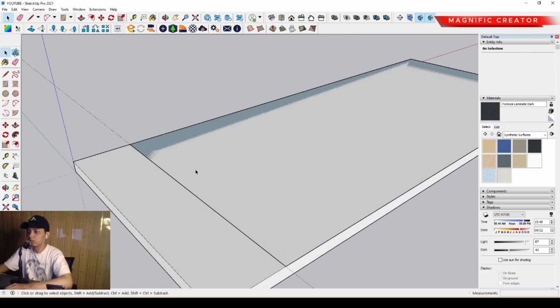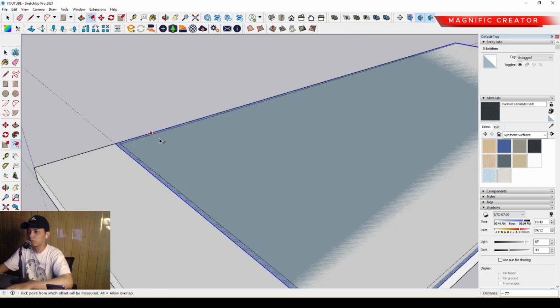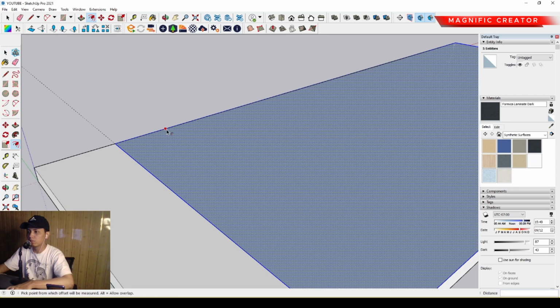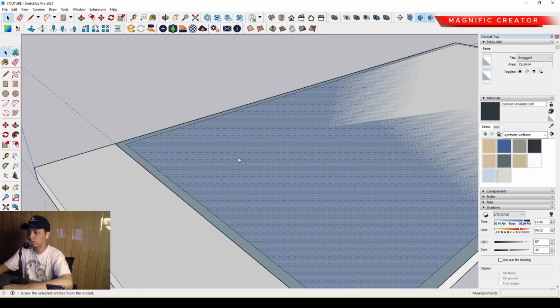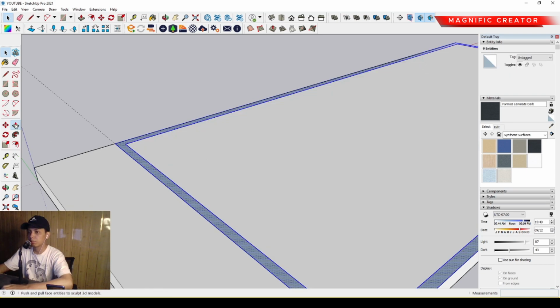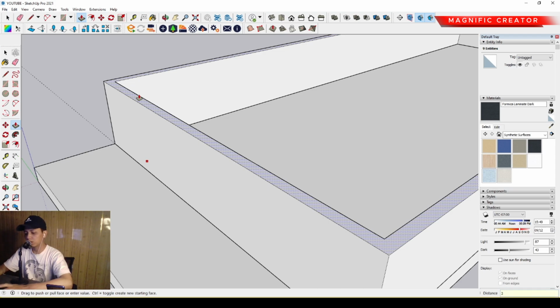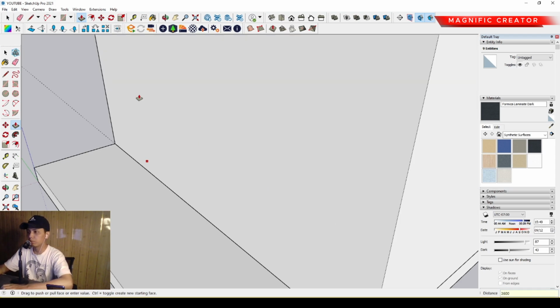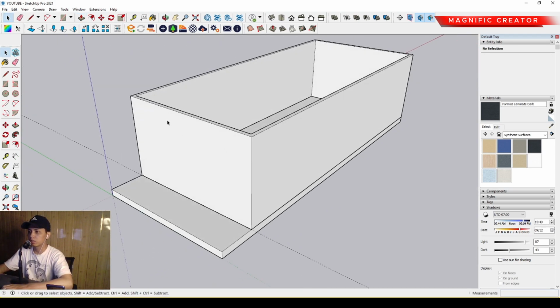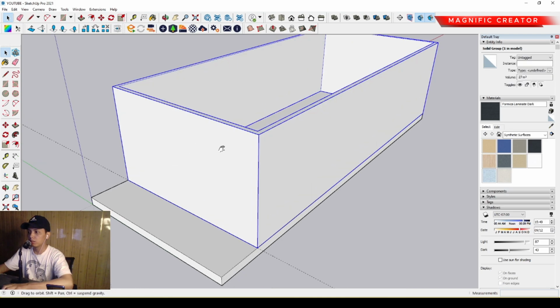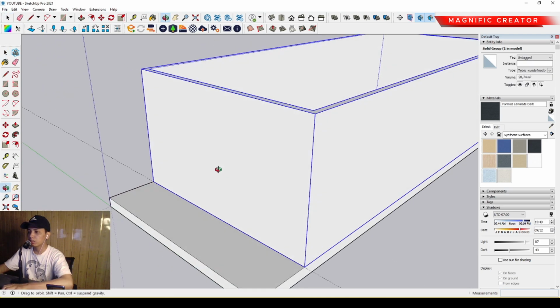Then we can offset it inside with a wall width of around 150 millimeters. Then we can erase it, and then push it up around 3600 millimeters, and it's done. And then we can make it a group. Then we can make the